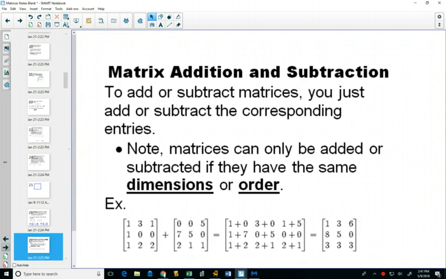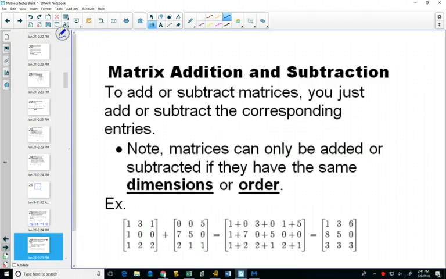Let's add and subtract matrices. So in order to add or subtract matrices, you have to add corresponding elements or corresponding entries. So here is an important thing. You can't just add any matrices together. They have to be the same size or the same order in order to add them. So here I have two square matrices that are both 3 by 3. And you'll never have to show the work in between. Okay? But you add